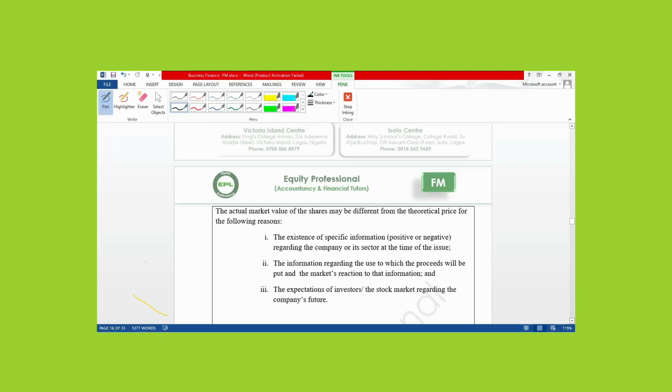Zenith Bank is issuing new shares to its existing shareholders. We now got information that the new chairman of Zenith Bank is, just for class purposes, that the new chairman of Zenith Bank,